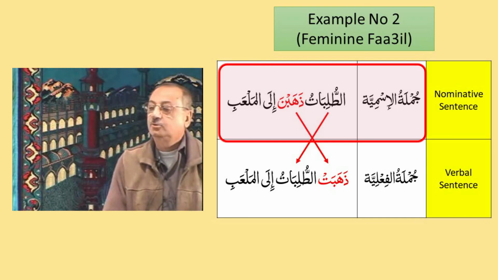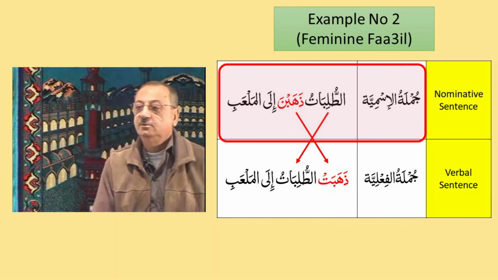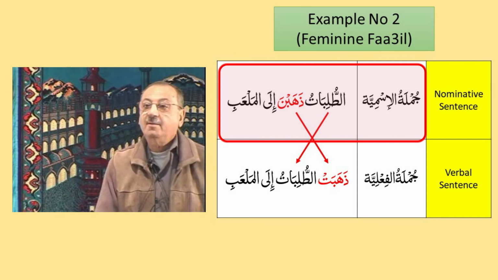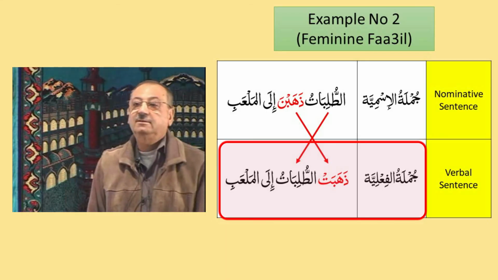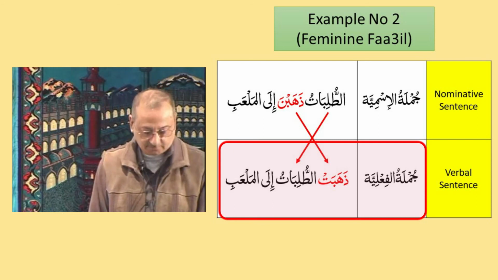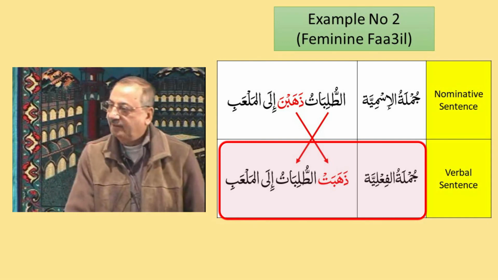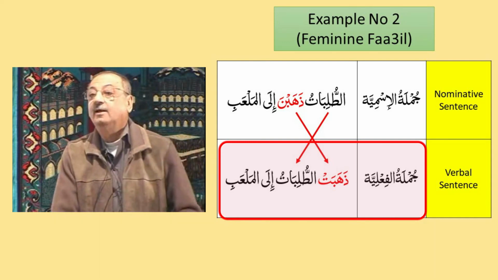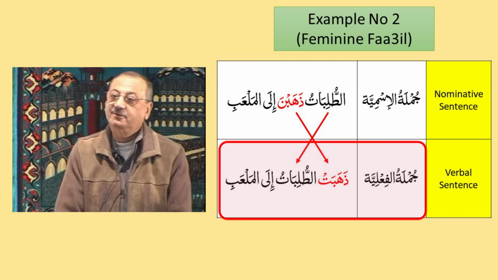Okay? Inshallah. Now, at-talibatu. What is it, brothers and sisters? At-talibatu. Dhahabna. What is the talibatu? Mubtada. Dhahabna. Are you with me, brothers and sisters? Now change it, brother, into jumla fi'liyya. You will have to say, Dhahabat at-talibatu. Did you understand the rule, brothers and sisters? Inshallah. It's not difficult. One more time I repeat. It is for third person. You will start with a singular verb.